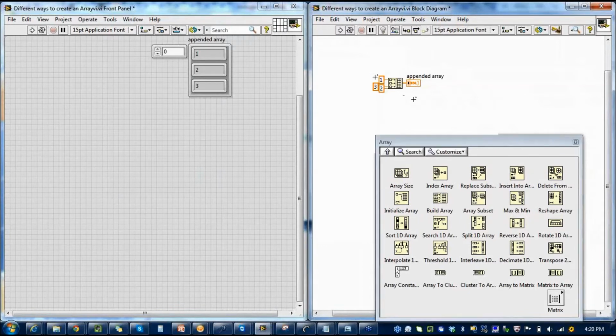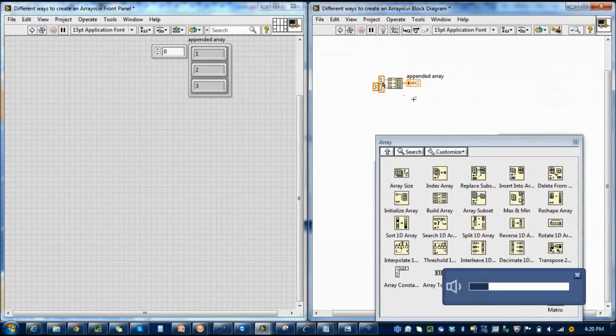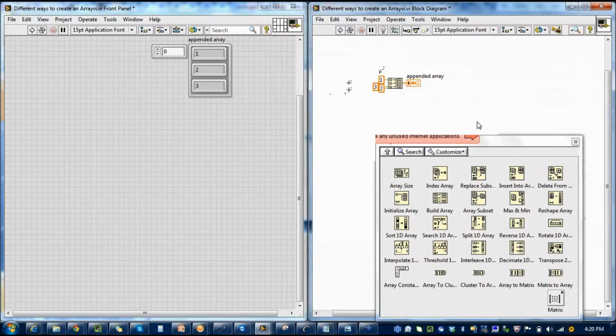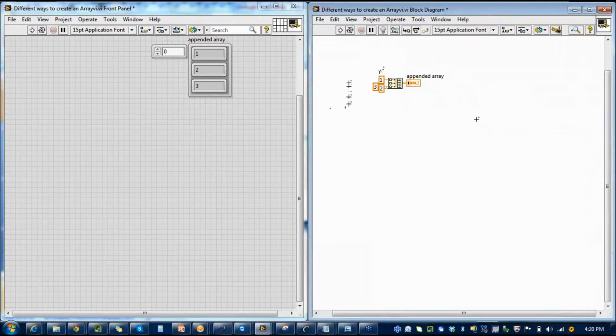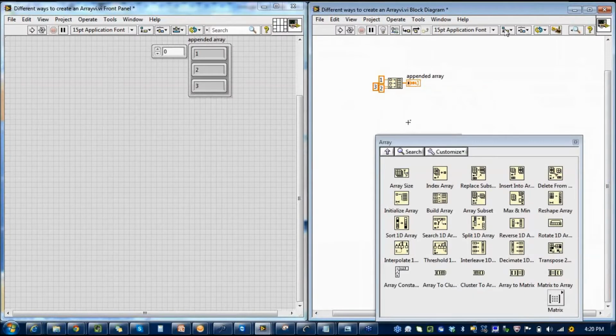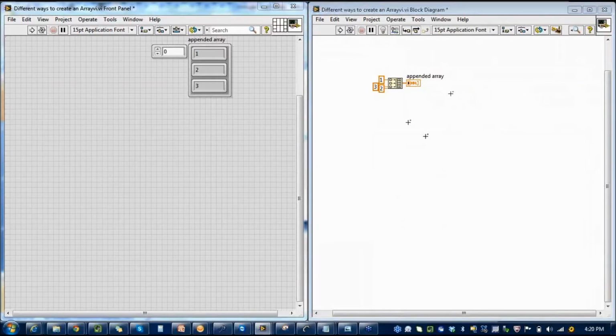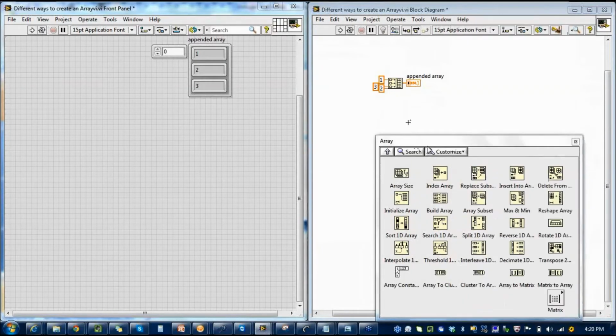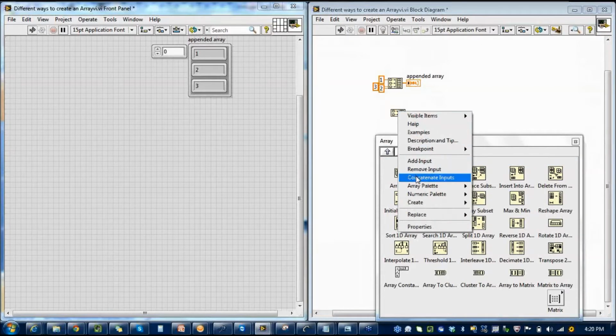Similarly, instead of entering constants, you can also enter a complete array to the inputs. Like we discussed, if you place a build array function and I drag this down, I get two inputs, concatenate inputs and do not concatenate inputs.